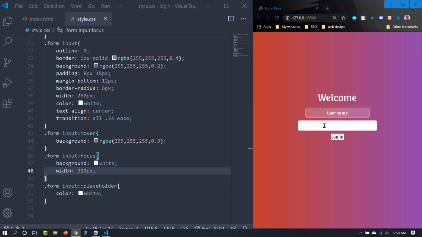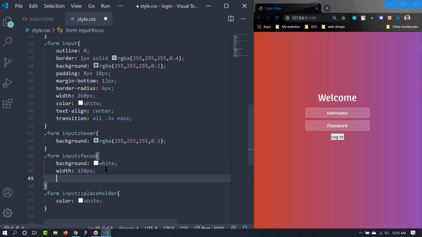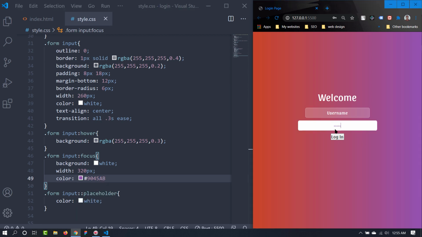Yes, it is looking fine, but when we type something in it, it is white because we have given this a color of white, but we actually cannot see anything inside it because the background is also white. So we need to change the color. Let's do that. I'm going to give this a color of some hexadecimal color, 9045AB.